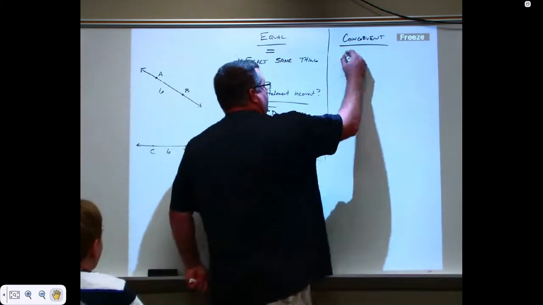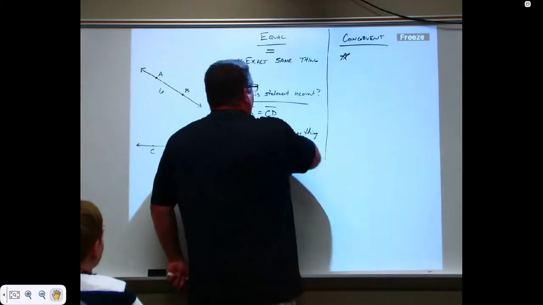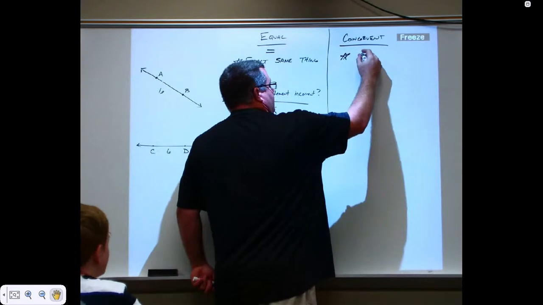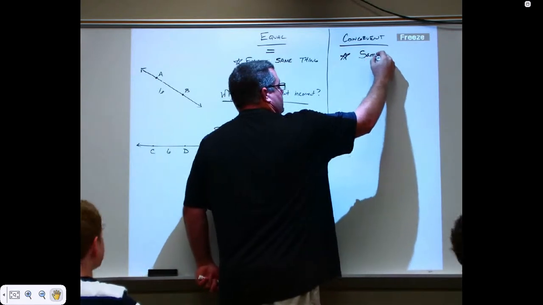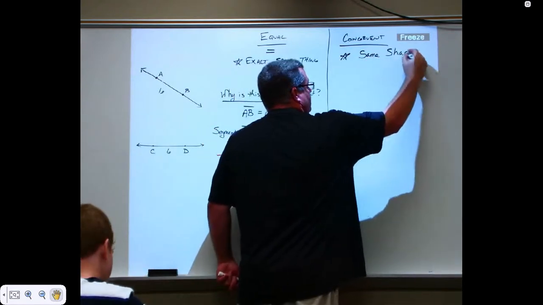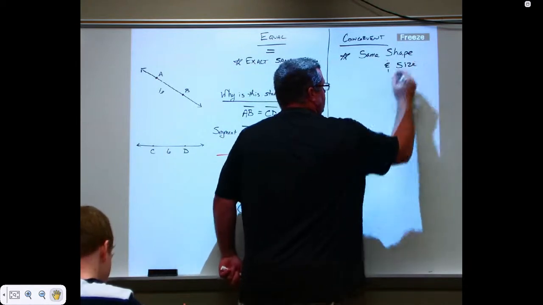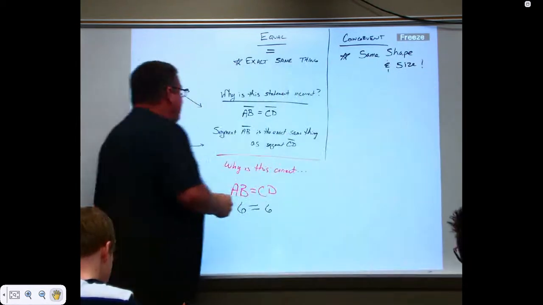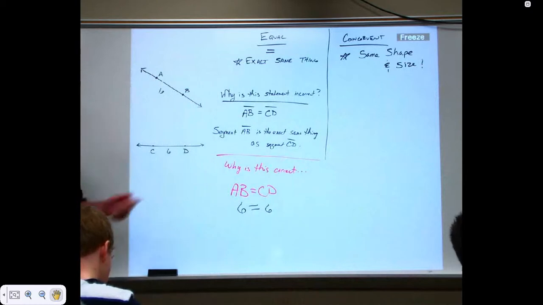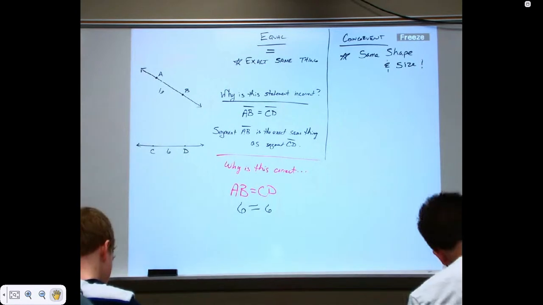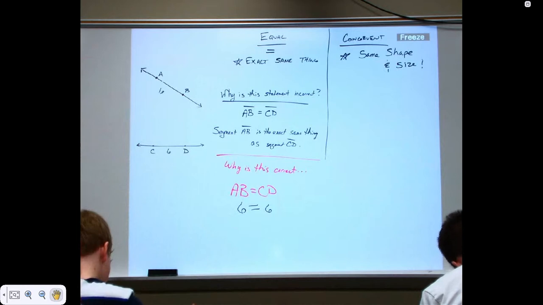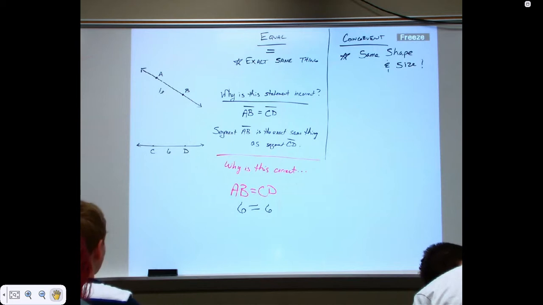And what congruent means, even though we don't need this part of it, congruent means two things are the same shape and size. Lines have no shape because they have no thickness, right? But when we get into figures, we'll get more into shape and what that represents. But these are obviously the same size, so that's why we use congruent.